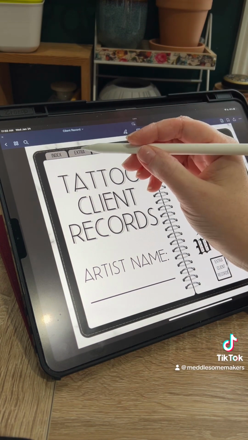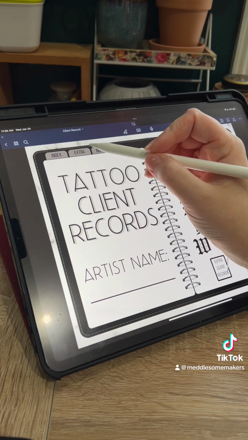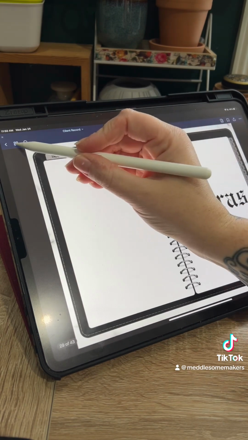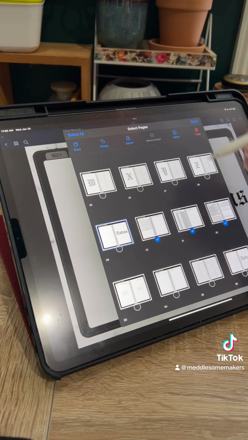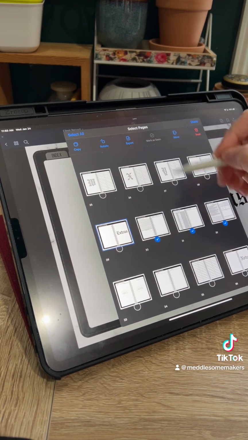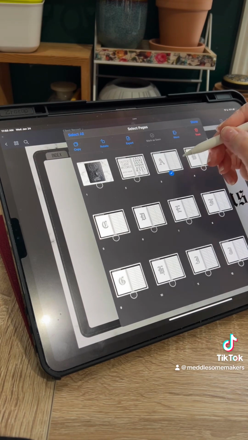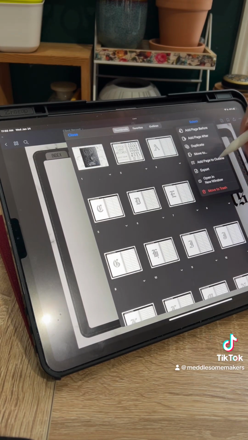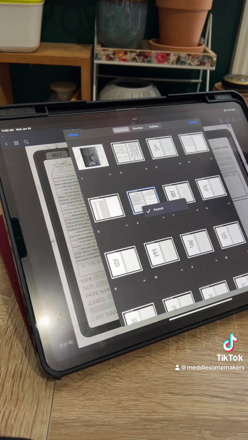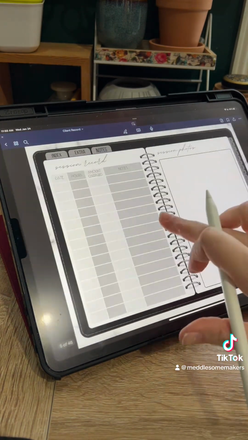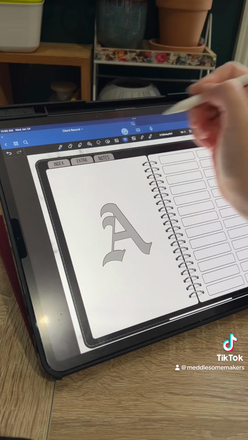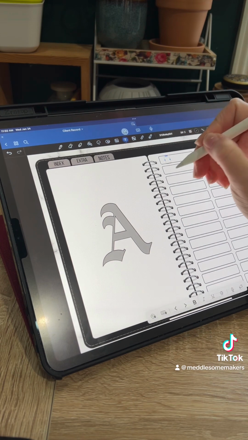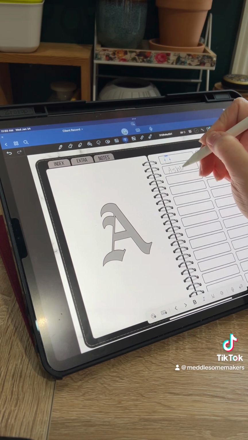But basically what you're going to do to create a record for a client, you're going to go to extras, click those little boxes, select whichever of the records you would like to use, copy. Say we're making one for a client named Ashley. We're going to click done, click that little down arrow, add page after, and paste pages. And all of those have been copied up there behind the letter A. So then you click that little button there, click the letter T to bring up a text box, type in the client's name,